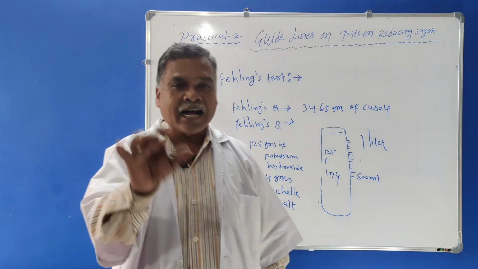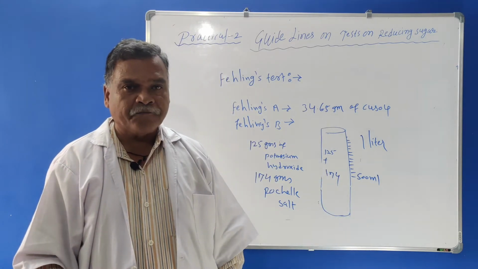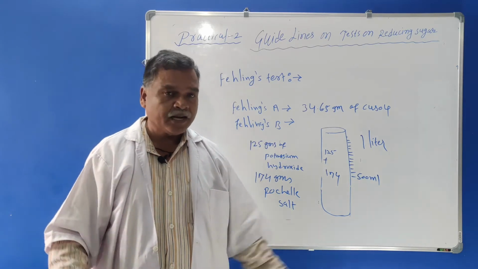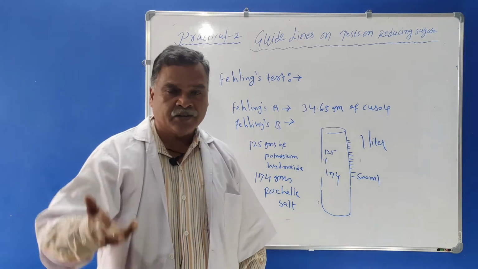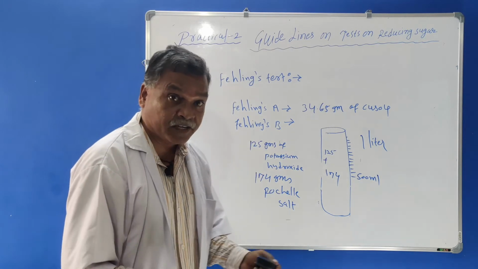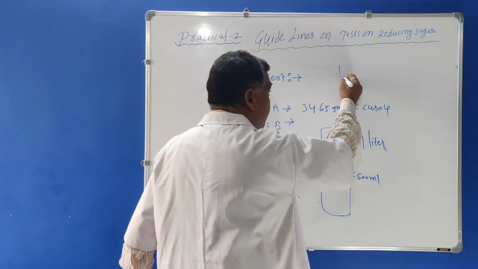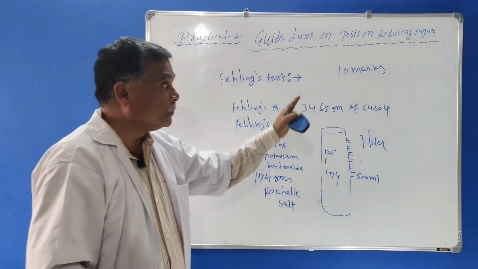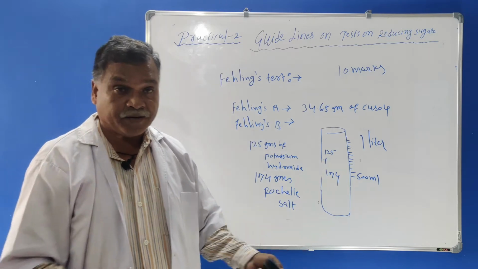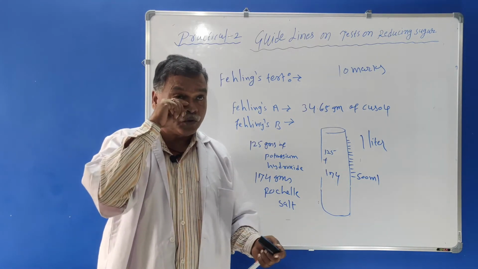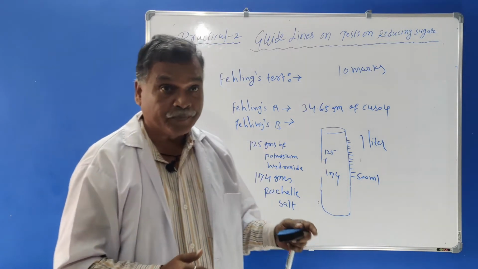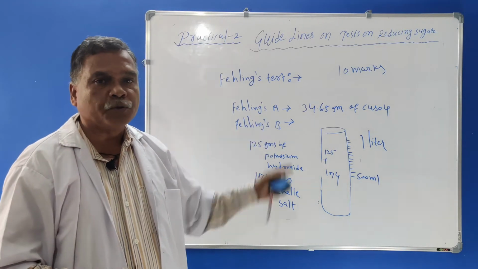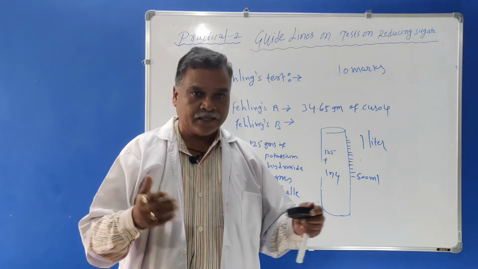Sometimes the examiner asks, tell me how Fehling's A and Fehling's B solutions are prepared. He can ask any question from the theory as well as the practical. The Viva is meant for 10 marks, and these marks are very essential to get through the examination. A single mark can also keep you behind. So you must prepare well for the Viva, and this preparation of the solution can also be asked by the examiner.